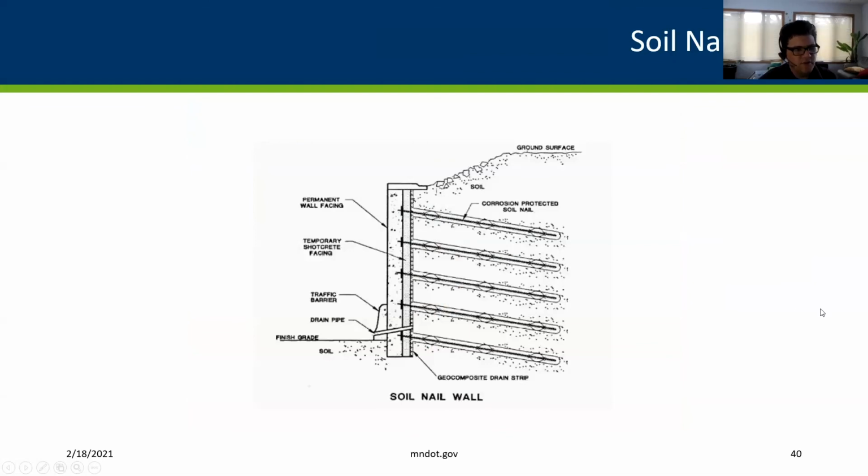So how does the soil nail wall work? It works a little different from what we've seen before. So with MSE walls and with CIP walls and the precast modular block walls, these are all cut walls. You cut the section first, and then you place the wall. And this particular wall, it's a top-down construction. So you don't take the section out first, but as you're digging, you place in the soil nails and the shotcrete face in stages. And then once the wall's together, you cast the face on the wall.